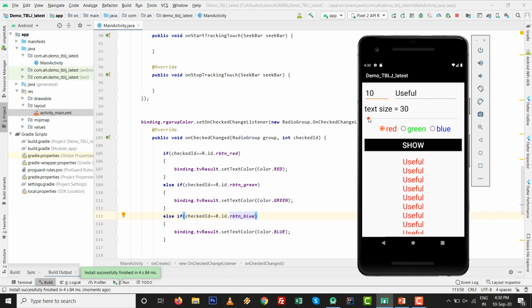So if we do it this way, it will be okay. Click on green, click on blue, and if you set it with 3 times green and blue, click on show. Okay, I think it is okay.